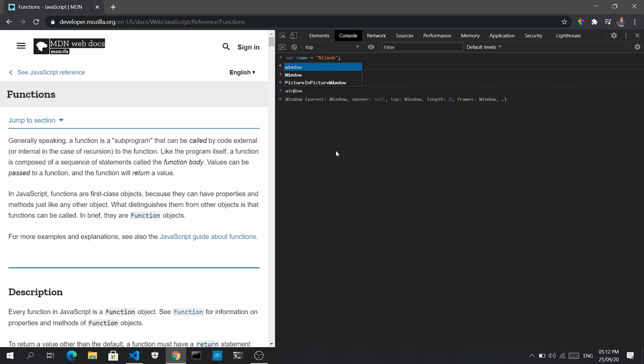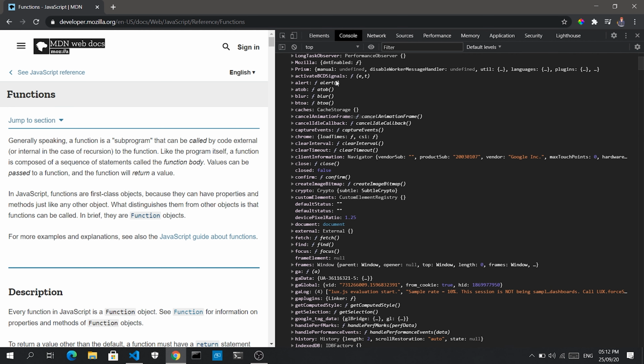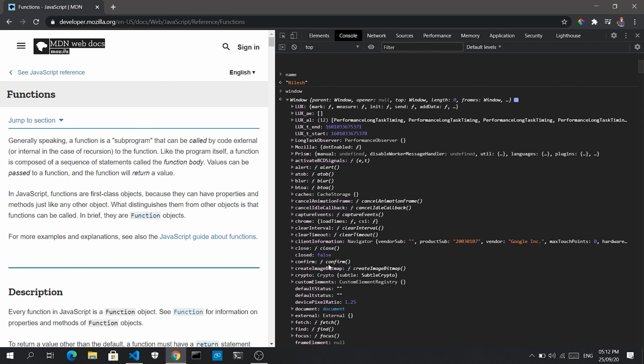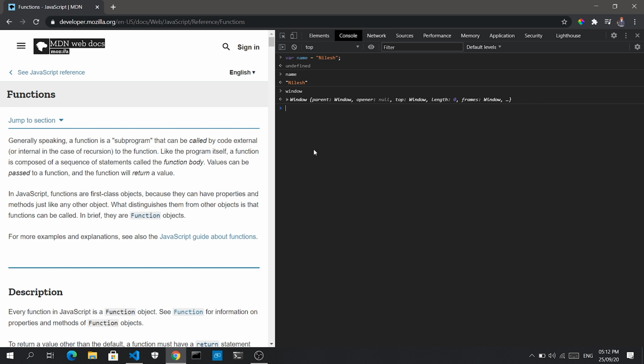What I am here to show you is window. If you type window, you will find one big object here, and if you expand it, it is an object basically, and you can see all this stuff there, but we are not looking into it right now. But I will show you one more thing. If you type window.name, you can see whatever value you have stored. So what this means is, whatever you declare here will be mapped, it will reside inside the window context. Any variable or function you declare will reside in your window context.